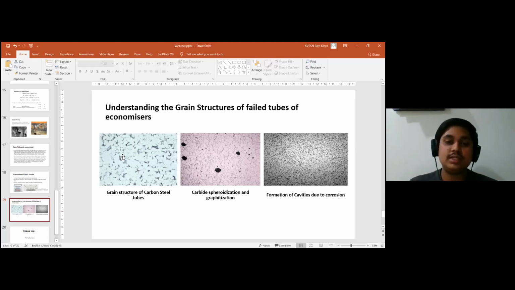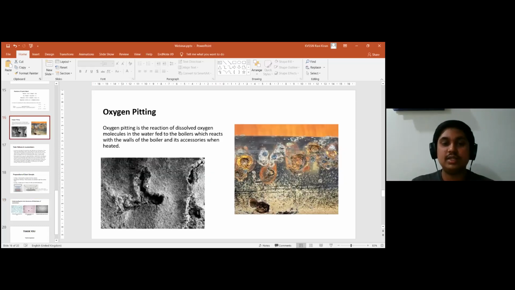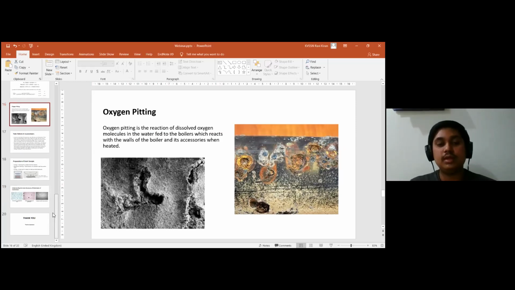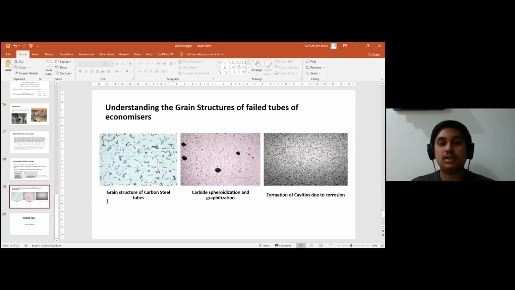So the result of that is these spheroidizations, which generally are the result of these oxygen pittings, or reactions of oxygen or sodium hydroxide on these